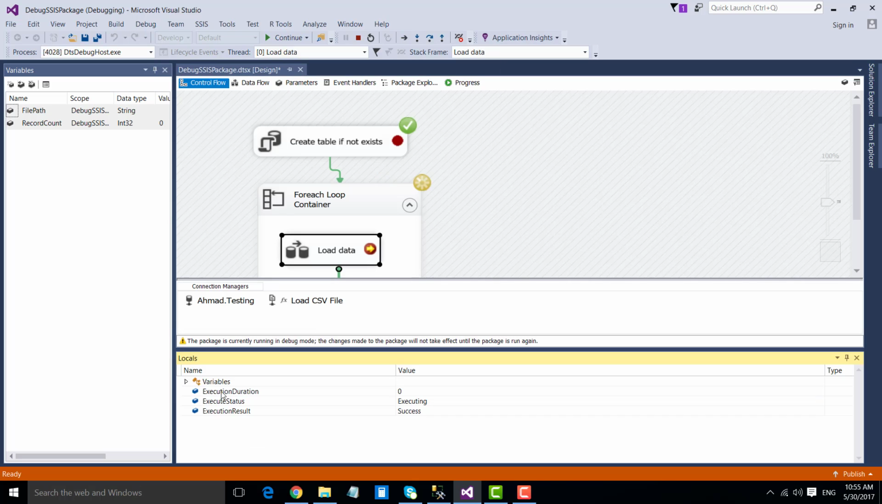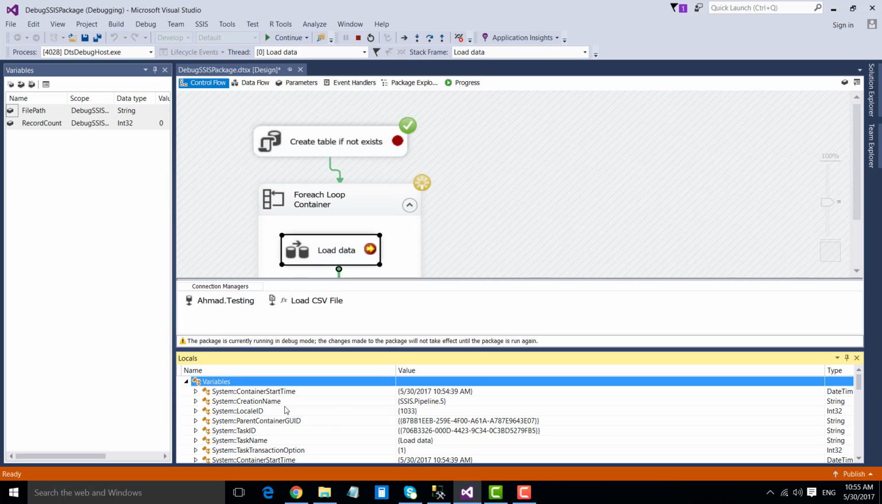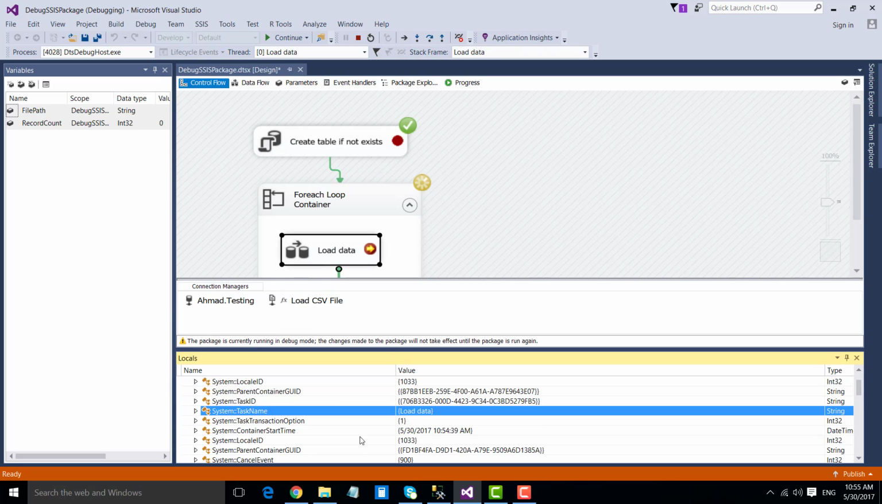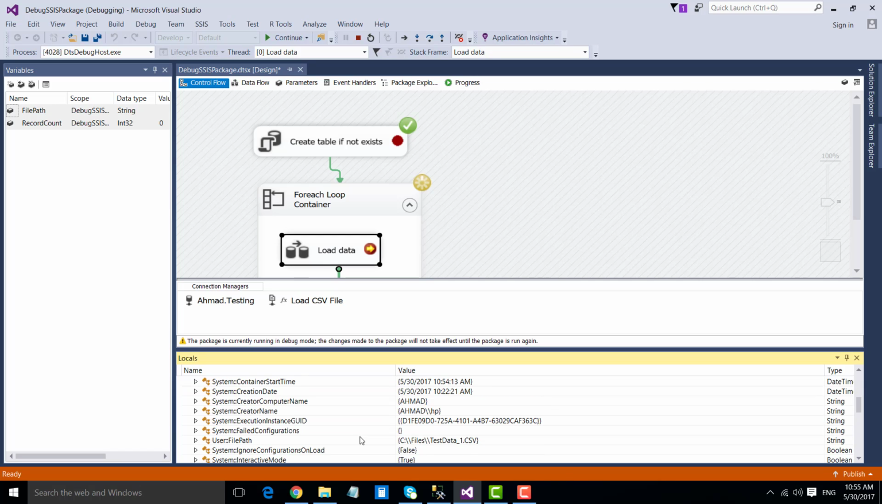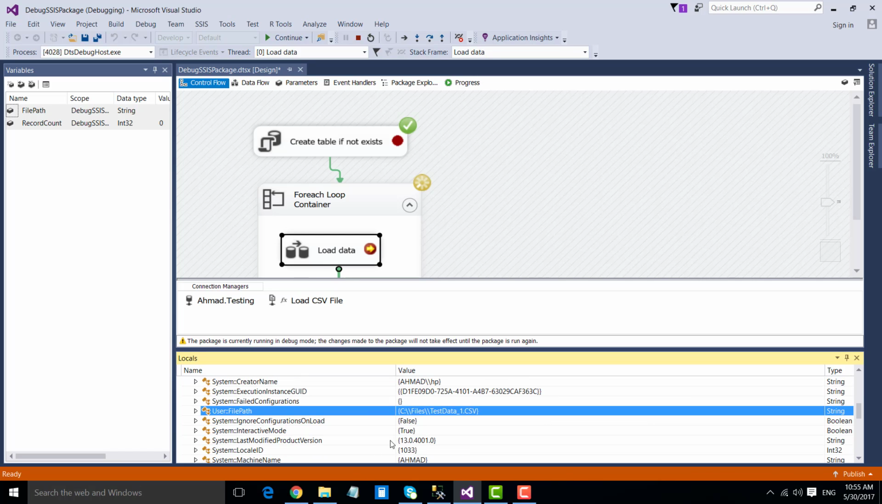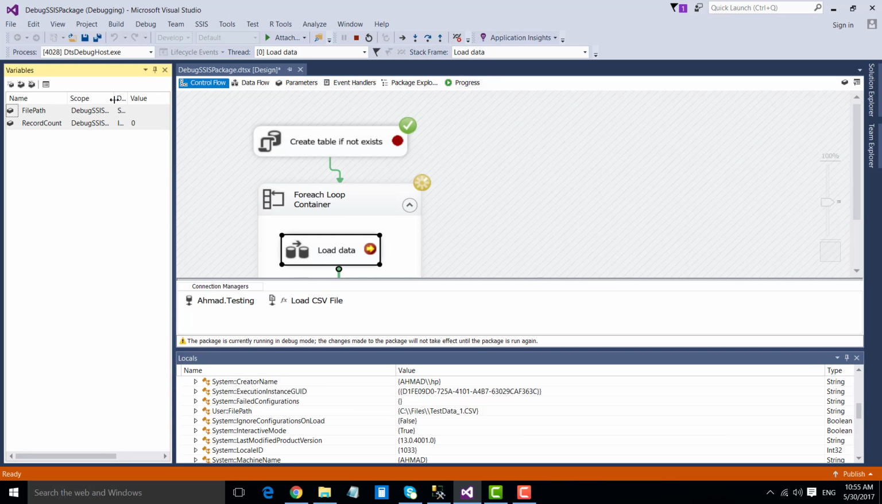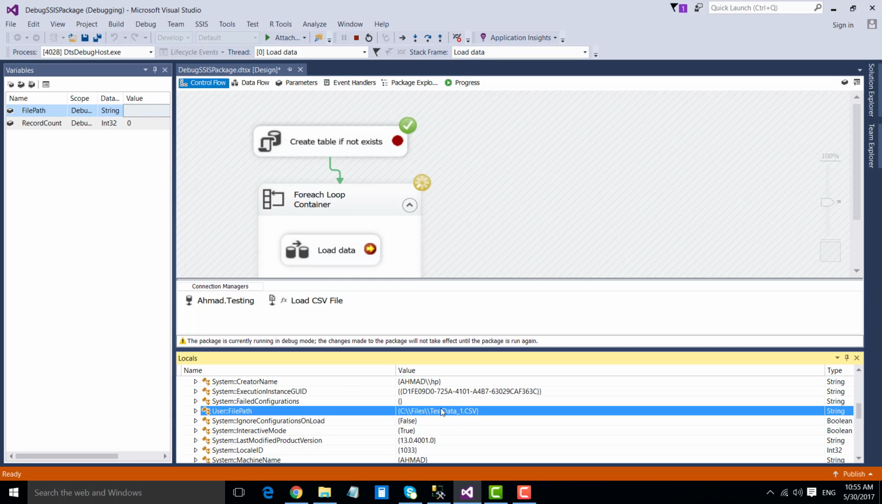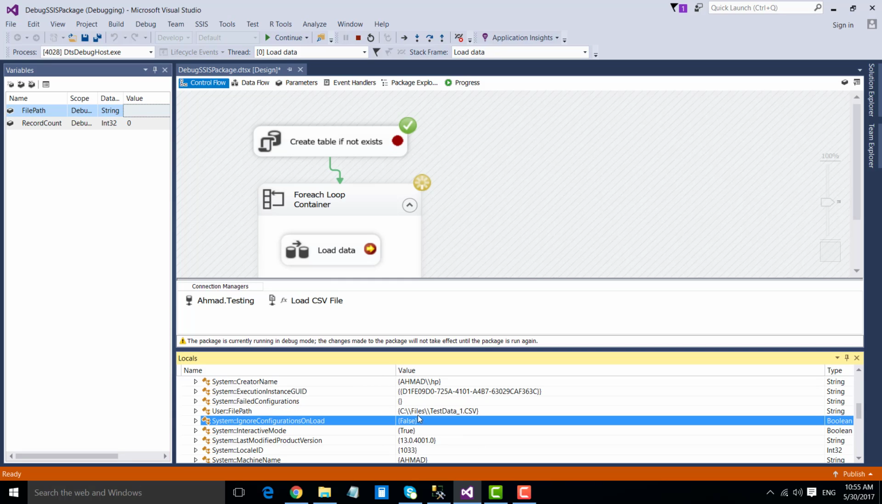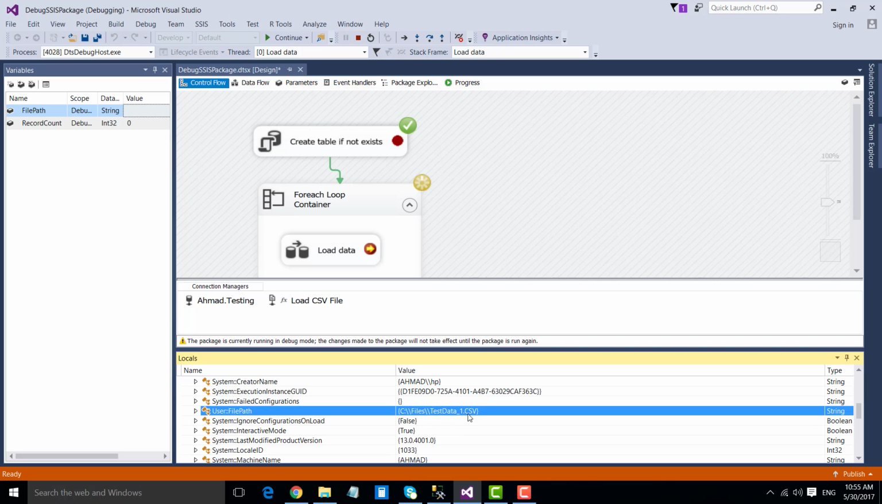select locals. Inside the locals, expand the variables, and then you can check the value of file path. So you can see that the initial value of the file path was blank. We have not provided any value for the file path. However, the SSIS package has assigned the value C files test data 1.csv to the file path,